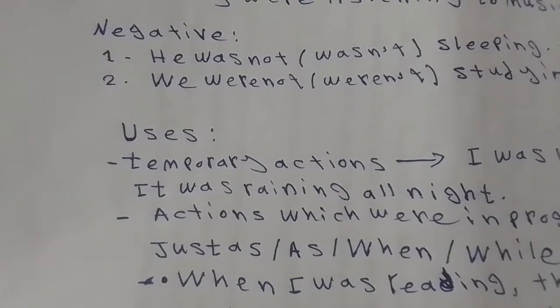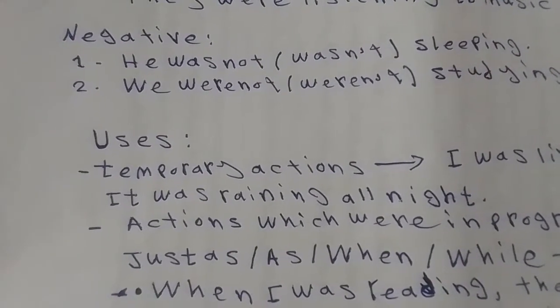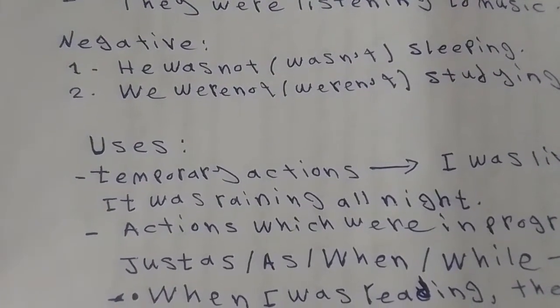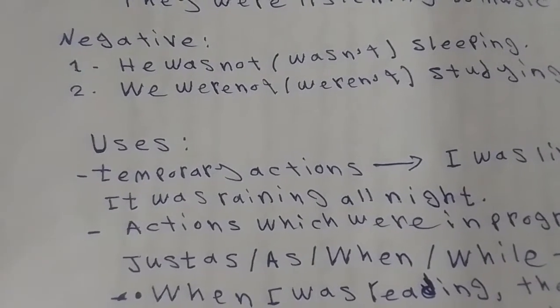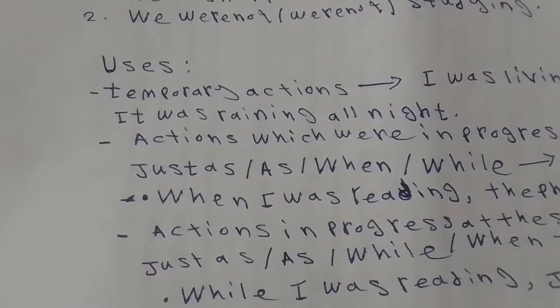What about the second sentence that I have written? It was raining all the night. I have written this sentence to tell you that we use the past continuous with the word all. Okay, let's move on to another use of this